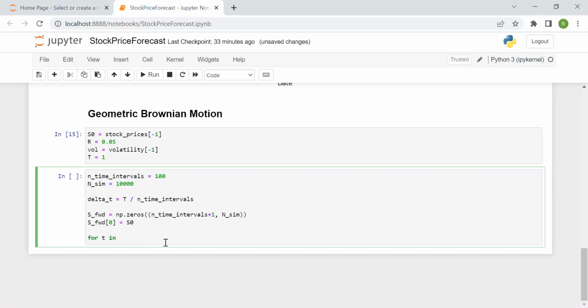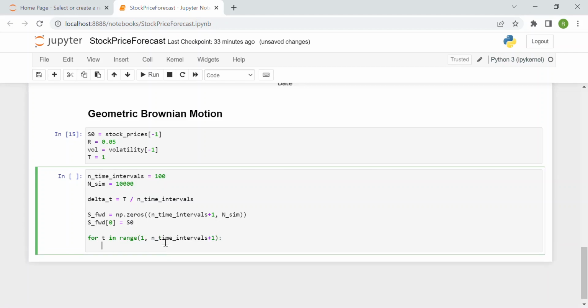So for t in range of 1 up to n time intervals plus 1, so the dimension of the matrix column, and then we have S forward of t is equal to, and here we have the geometric Brownian motion solution, so S forward of t minus 1, so the previous value, times the exponential of the risk-free rate minus a half times the volatility squared, this times the delta t, plus the volatility times the square root of the delta t,